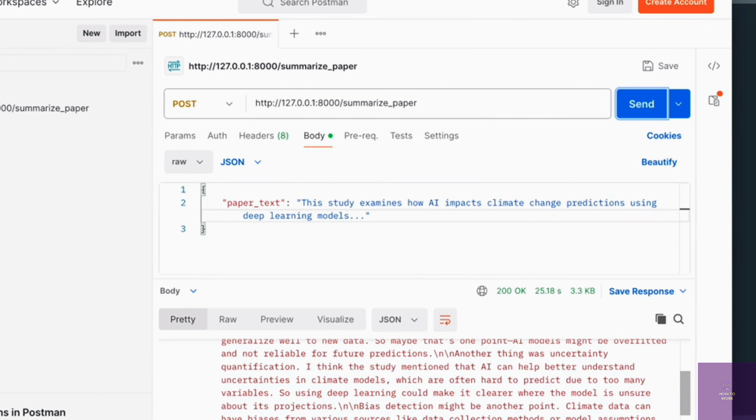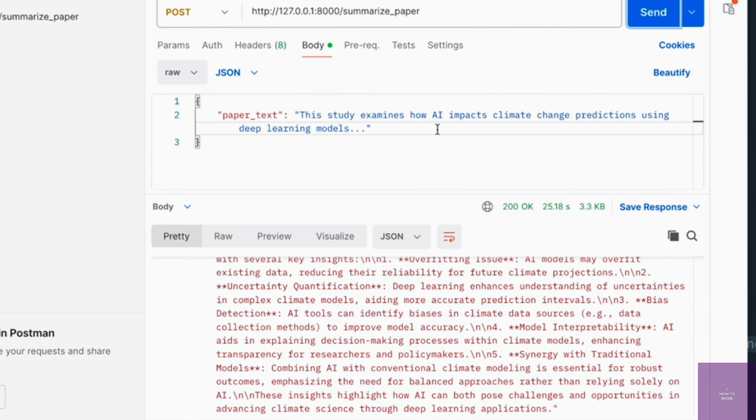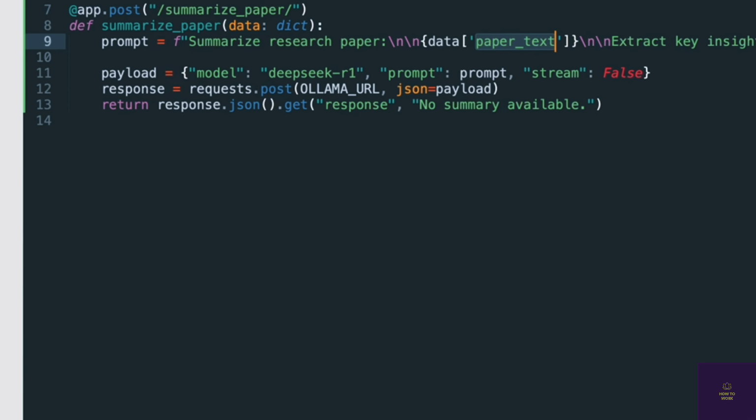And there you go. We have our solution right here. It gave me some bias detection. It has synergy with trends. So it gave me a summary of this research paper, which is this study examines how AI impacts climate change predictions using deep learning models. So it gave me a bigger summary from the shorter summary. Anyways, I hope you were able to get this and you understand how this works. If you have any